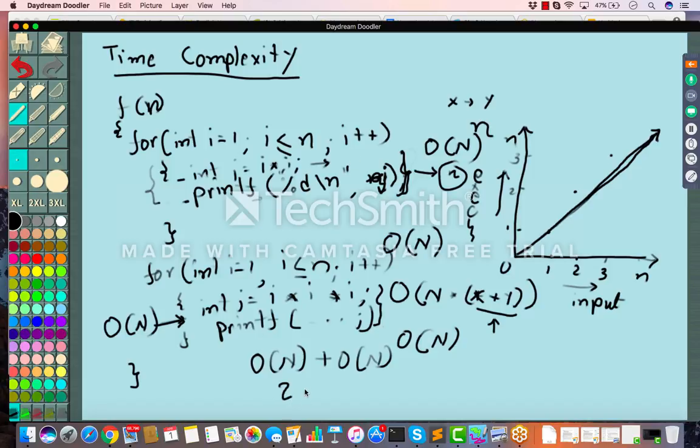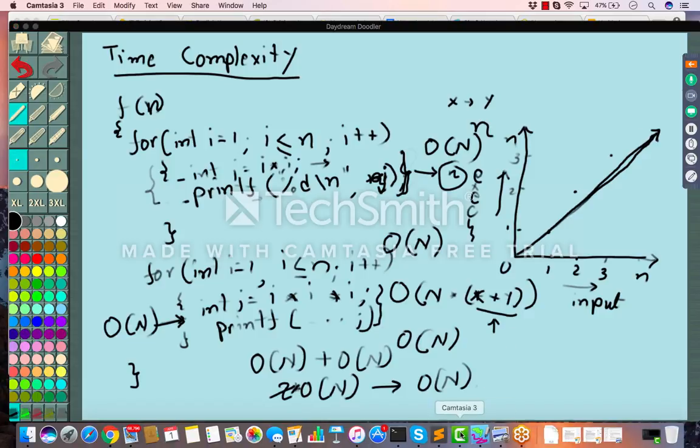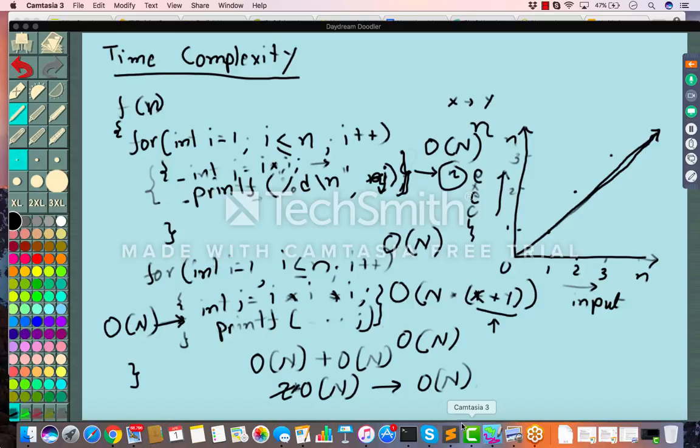That means 2 O(n), and since the constant part you can always remove, it is O(n). That's how you calculate the time complexity, but this is more of a linear case. Let me just make sure that the recording part